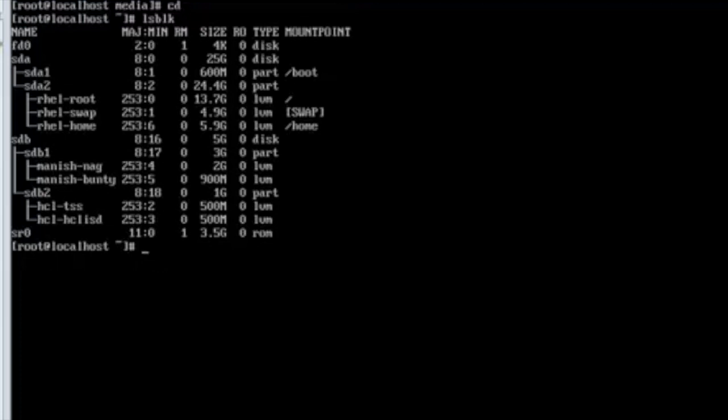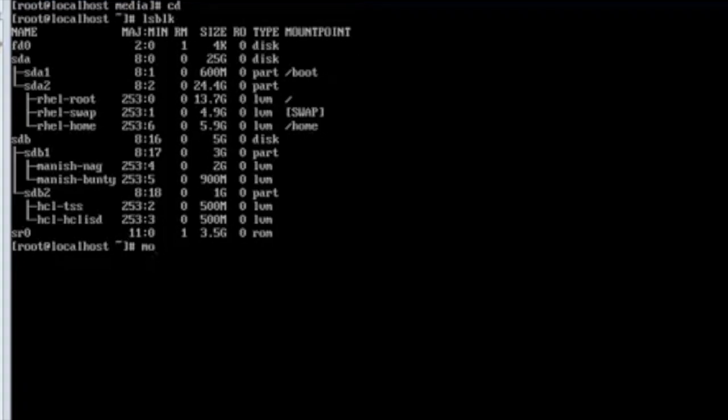Mounting means, when you insert a pen drive into your computer system, it gets mounted and creates a space so that you can see what documents or files are present in it. So if you want to see what is available in sr0, you have to mount it to a file system.